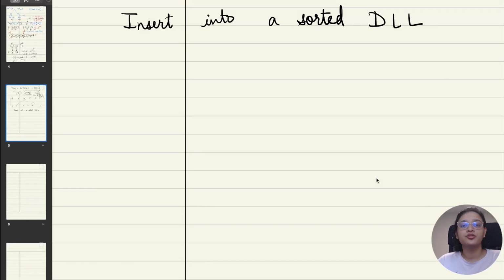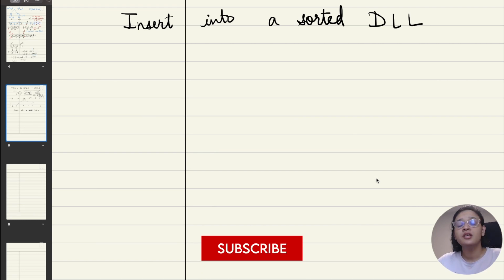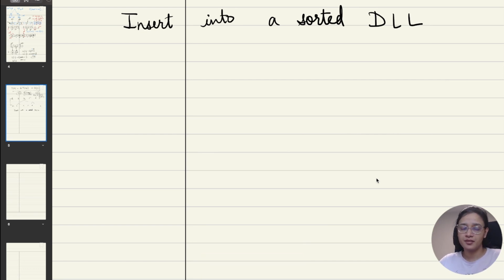Hi everyone. So today we're going to talk about the question insert into a sorted doubly linked list. This will be my first question under the series of doubly linked list. Let's begin. Now for people who do not know what a doubly linked list is,